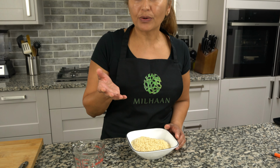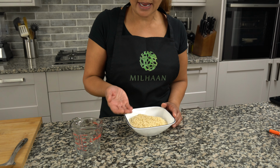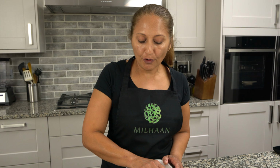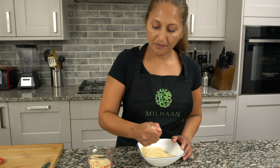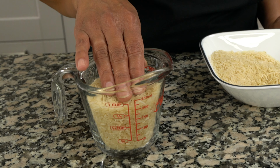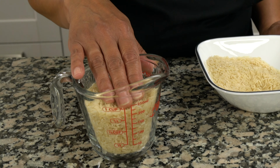make, we go by handfuls per person. So if we wanted to make rice for one person, we take one handful of rice. In my house, we have 4 people, so I'm going to take 4 handfuls of rice. So 4 of my handfuls came up to just about 1 cup of rice, and that's how much I normally